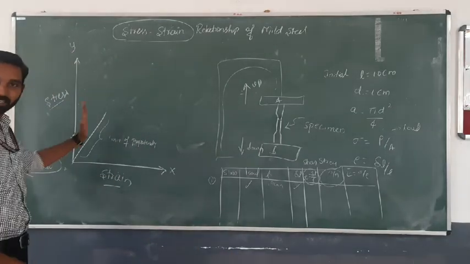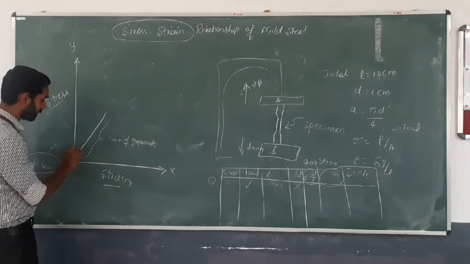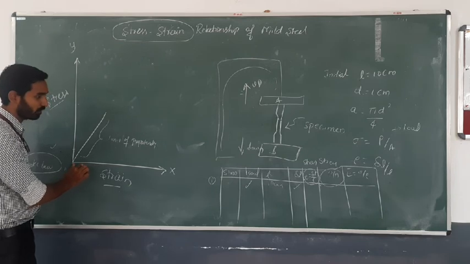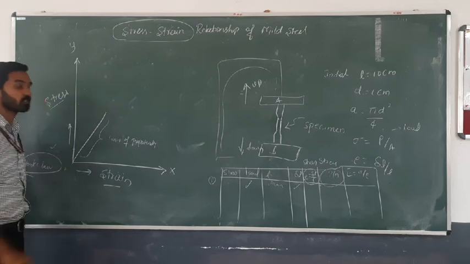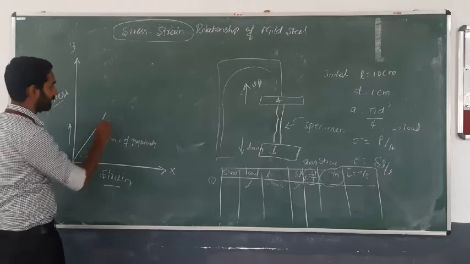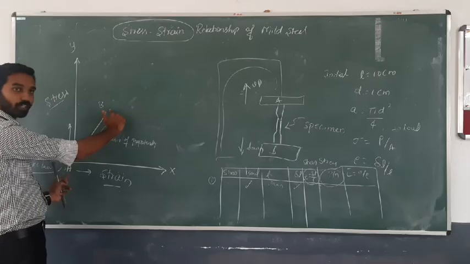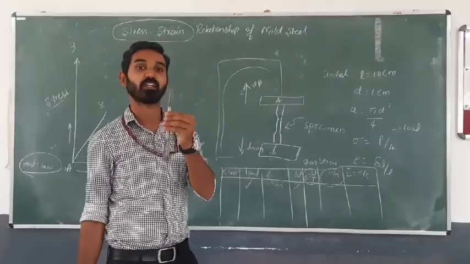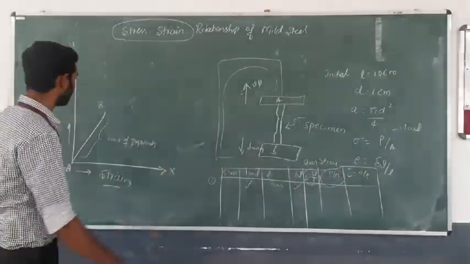What it indicates is that whenever stress goes on increasing, strain is also increasing. Assume stress increases by 1%, strain is also increasing. Don't consider the percentage. Anyhow, if the stress goes on increasing, strain is also increasing. So this point you can call point A, and this will be your point B. AB indicates the material is still in the elastic state. When we remove the load, it again comes to the same size and shape.